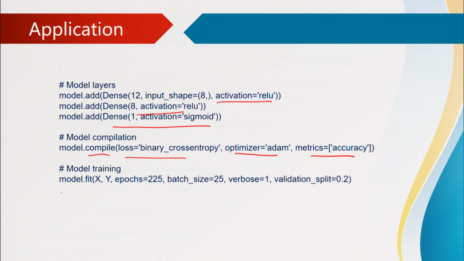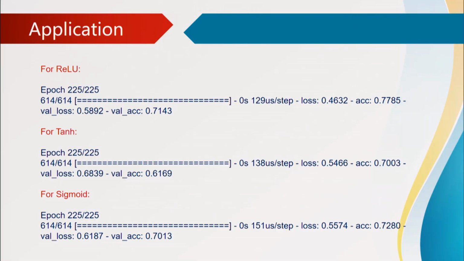Now, we are training the model with the input values x and y, and epochs we are defining as 225, batch size we are taking as 25. Now, the model is being called for fit. If you execute and see in Google Colab, after the execution of 225 epochs, in case of the ReLU function, we got an accuracy of 0.7785. The value of loss we have taken as 0.5892,